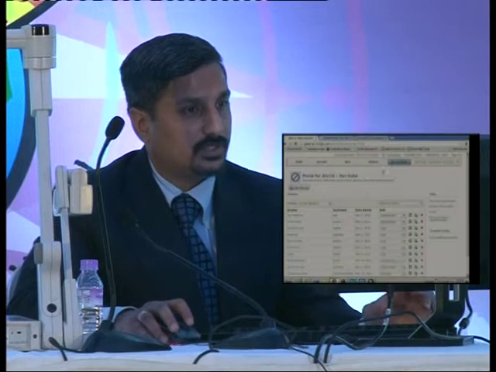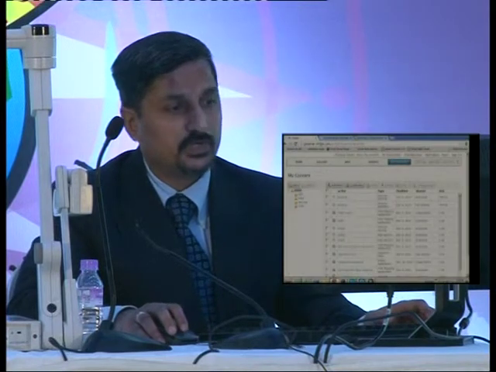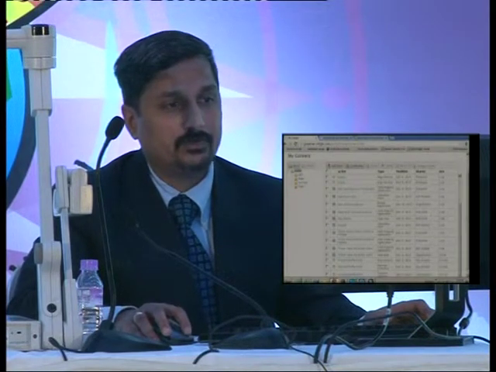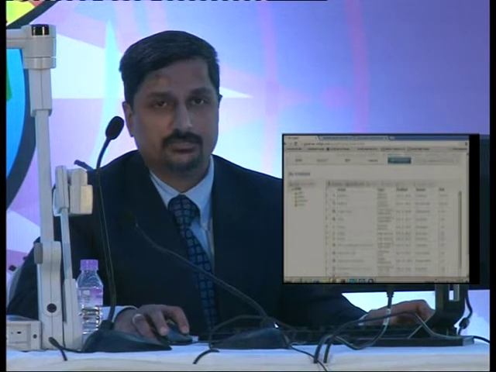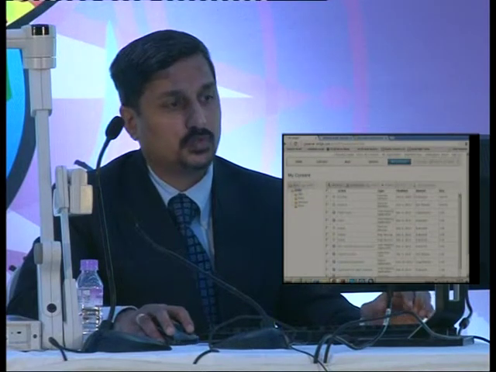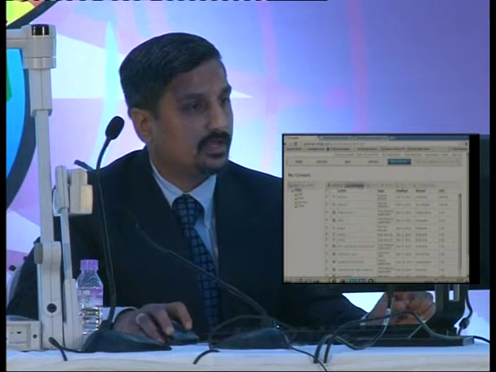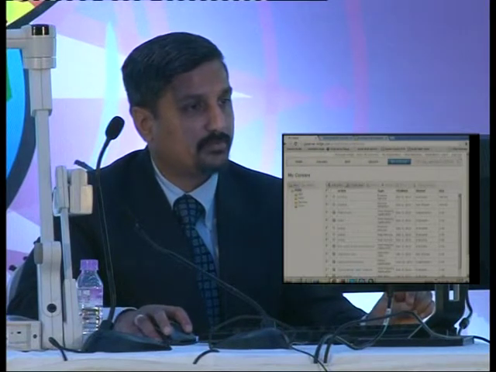Or if you want to control the content, for example if there are some users you don't want to allow to use the data, you can do it through content. This is how it looks, the total content available as an administrator. I can control this through various menus. And once again, I am going back to my organization.